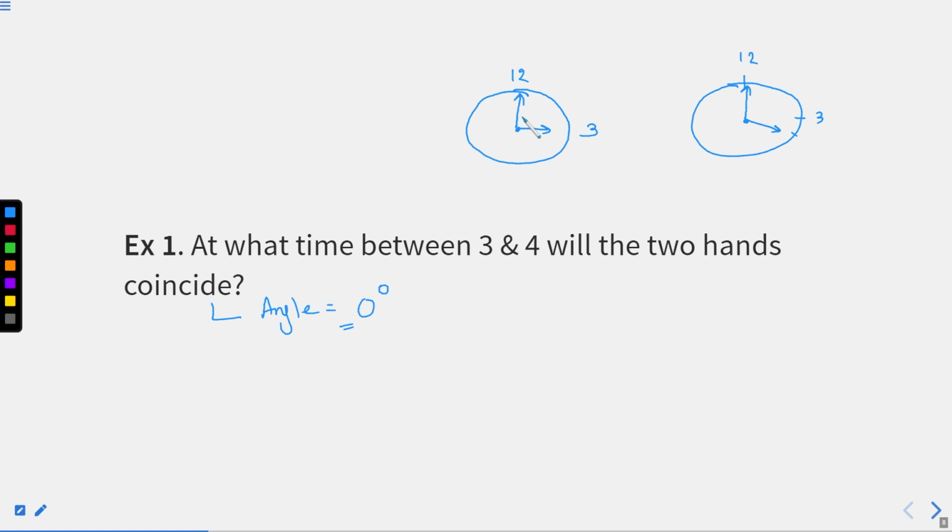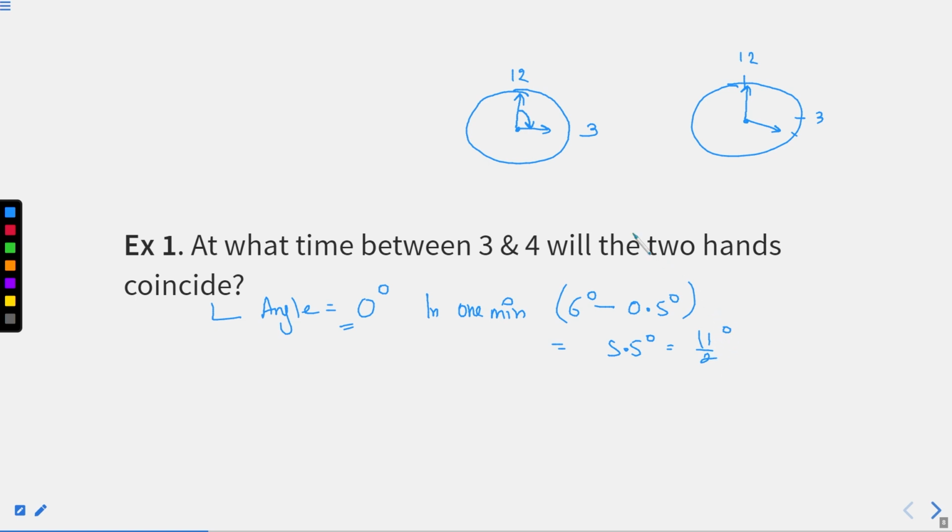So we know that minute hand moves faster. In 1 minute, the minute hand covers 6 degrees, the hour hand covers 0.5 degrees. We know this thing. So in total the difference is 5.5 degrees, or we can say 11/2 degrees, right? So as soon as 1 minute passes, the difference between both the hands will reduce by 5.5 degrees.